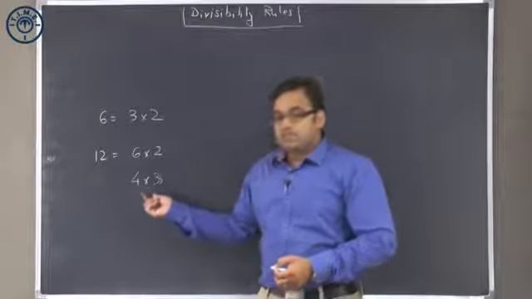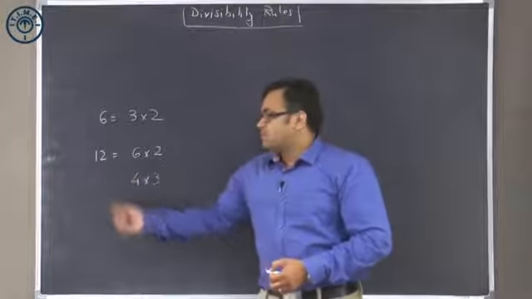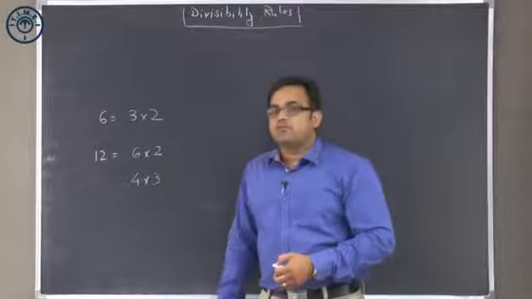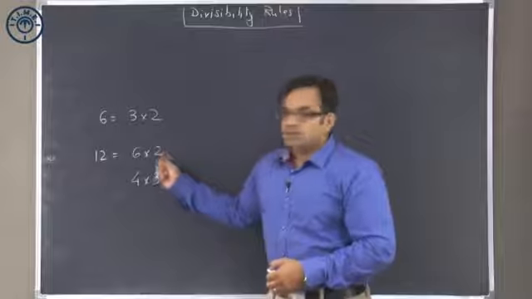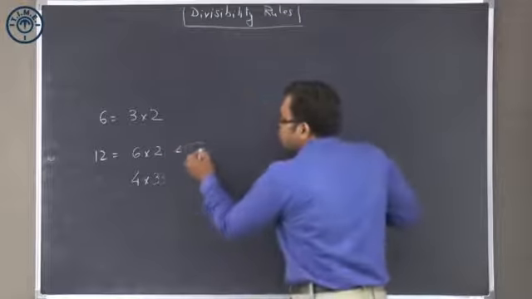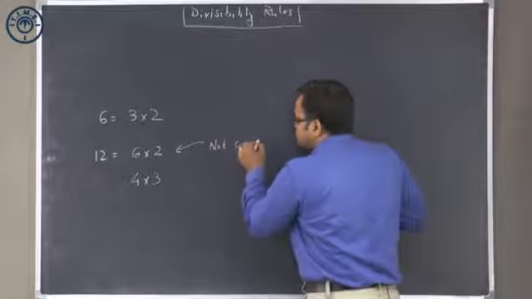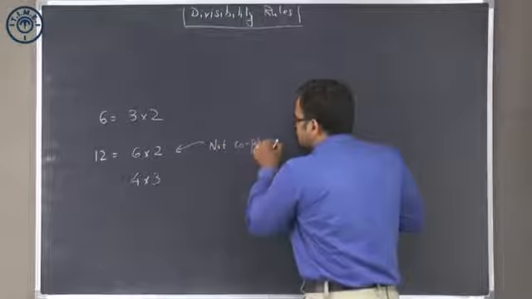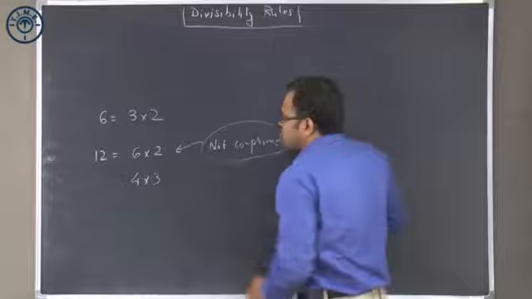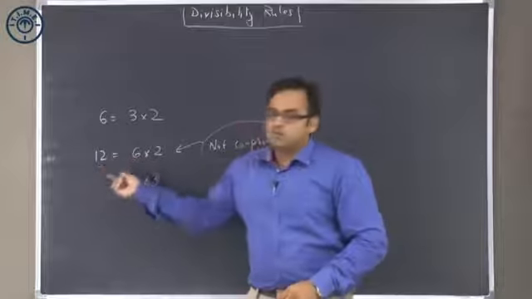On the other hand, if I say that the number is divisible by 3 and the number is divisible by 4, then the number is divisible by 12 also, that would be appropriate. What's the difference between these two cases? The difference is when I look at 6 and 2, they are not co-prime. And because they are not co-prime, there is a common factor as a result of which this divisibility rule will not be correct.